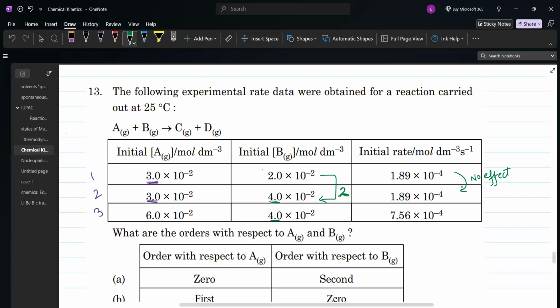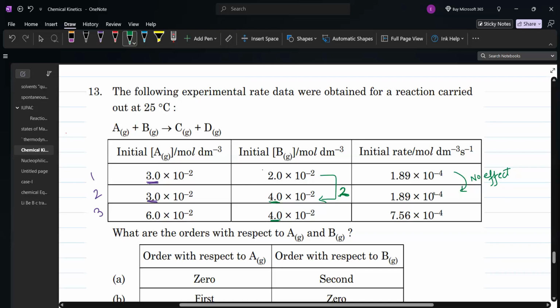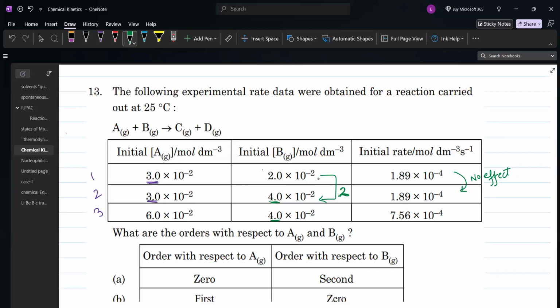Include this, that we are increasing the concentration of B, but we cannot see the change in rate of reaction. So we can